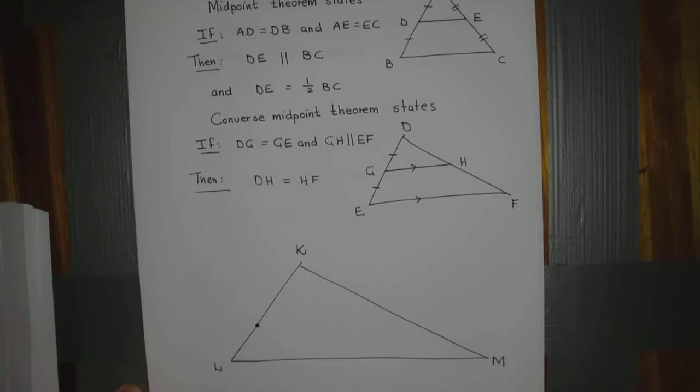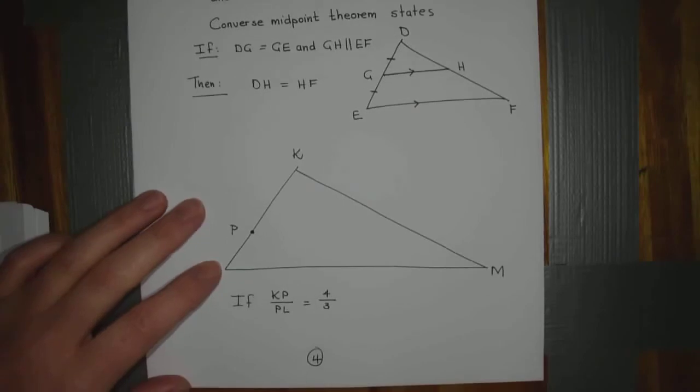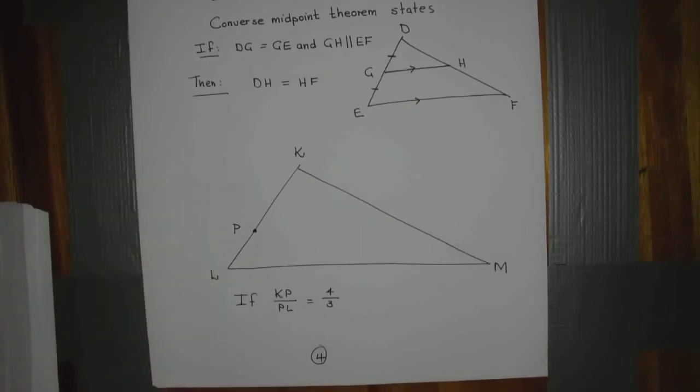So I will say this is KLM, so let's make this P. So I'll say if KP over PL is equal to 4 over 3. So I've not divided it into a ratio of 1 to 1. I've divided it into a ratio of 4 to 3,